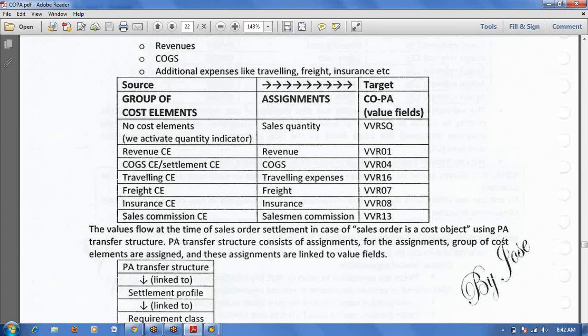Yeah, normally the plant may be different. That means for the normal sales order and the make-to-order scenario, the plant is different. But once you go to VA01 and press F4, both numbers will appear, right? One standard and this sales order, which is a cost object. Both numbers will appear there.